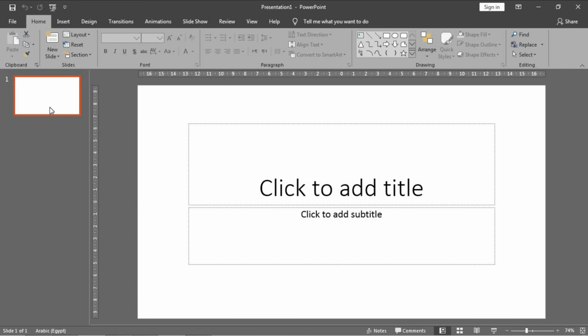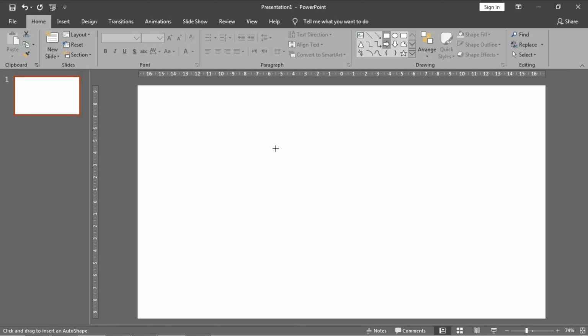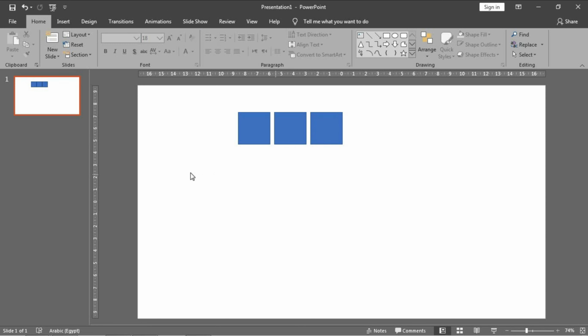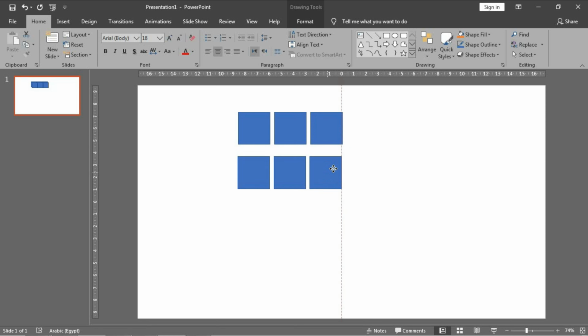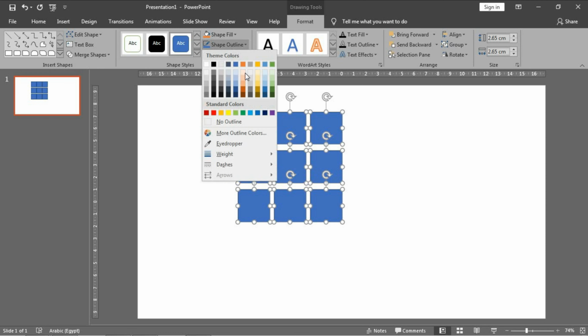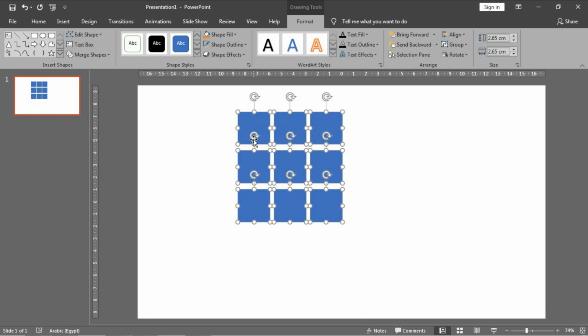Okay, first of all, right click on the slide, layout and choose blank slide. Then I will add small square like this. Okay, then press Ctrl plus D to add another one and another one. Then select all of them and press Ctrl D. Ctrl D again to have 9 cubes. And now I will remove the outline border, no outline,